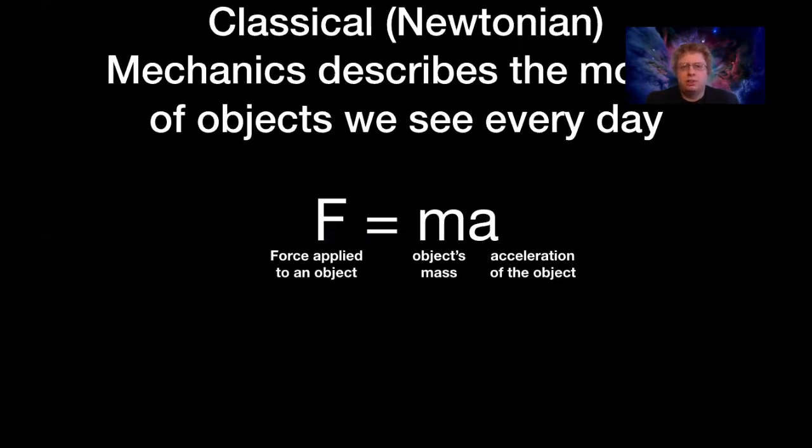The main equation in classical mechanics, which we also call Newtonian mechanics because it was developed by Isaac Newton, is a famous one called force equals mass times acceleration, or F equals ma. This is the equation that describes the motion of objects we see every day. So it's a little bit hard to understand what this means when it's written like this, but if I rearrange it a little bit,